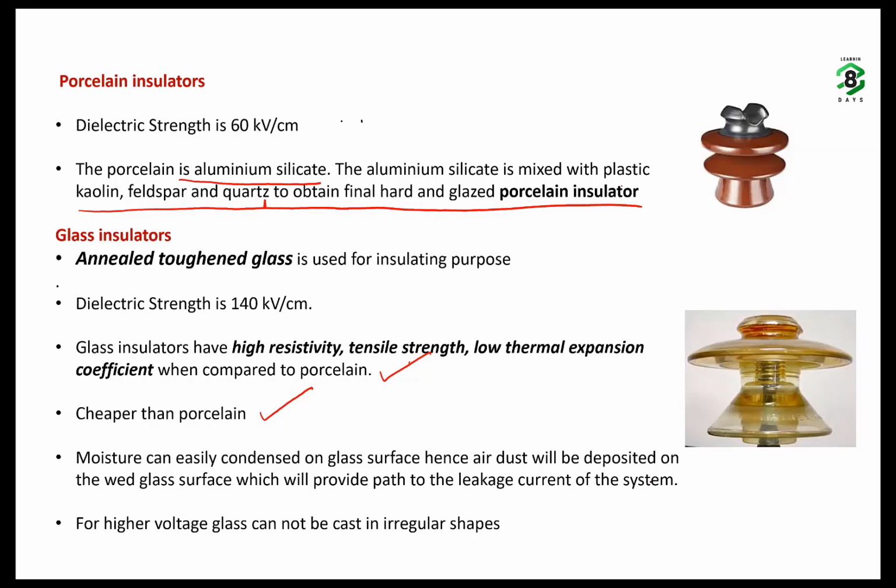The second disadvantage of glass is that fabricating glass insulators for high voltages is difficult. So glass absorbs moisture, and fabricating glass insulators for high voltages is difficult. Because of these two reasons, for outdoor applications, porcelain becomes the unanimous choice for making insulators.